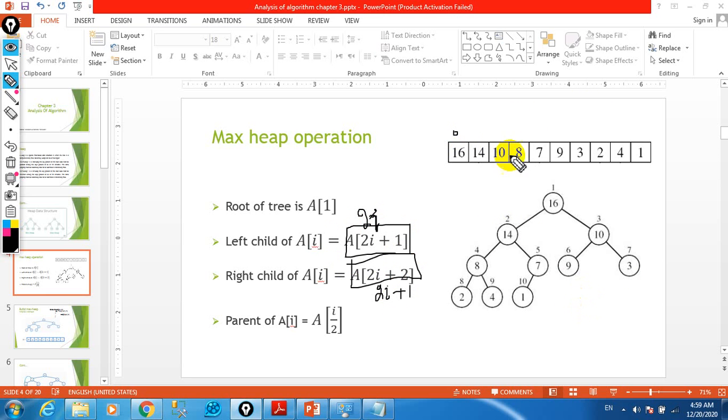So this was writing the value of array in heap structure. So next what we have,